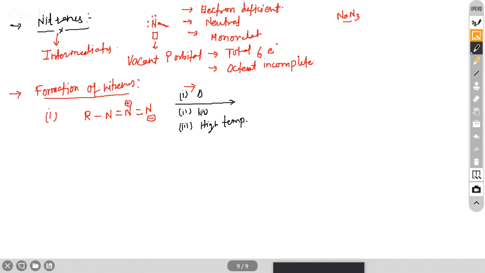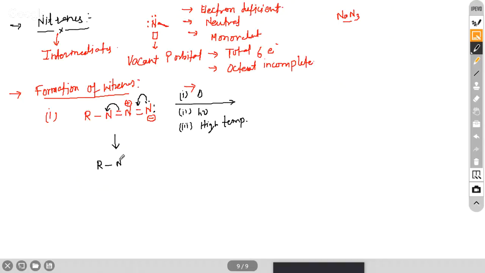You see, in this nitrogen also has two lone pair on it, one negative charge, right? So what happens? This lone pair comes over here in this bond, and this pi bond comes onto this nitrogen atom. So what happens here? This forms